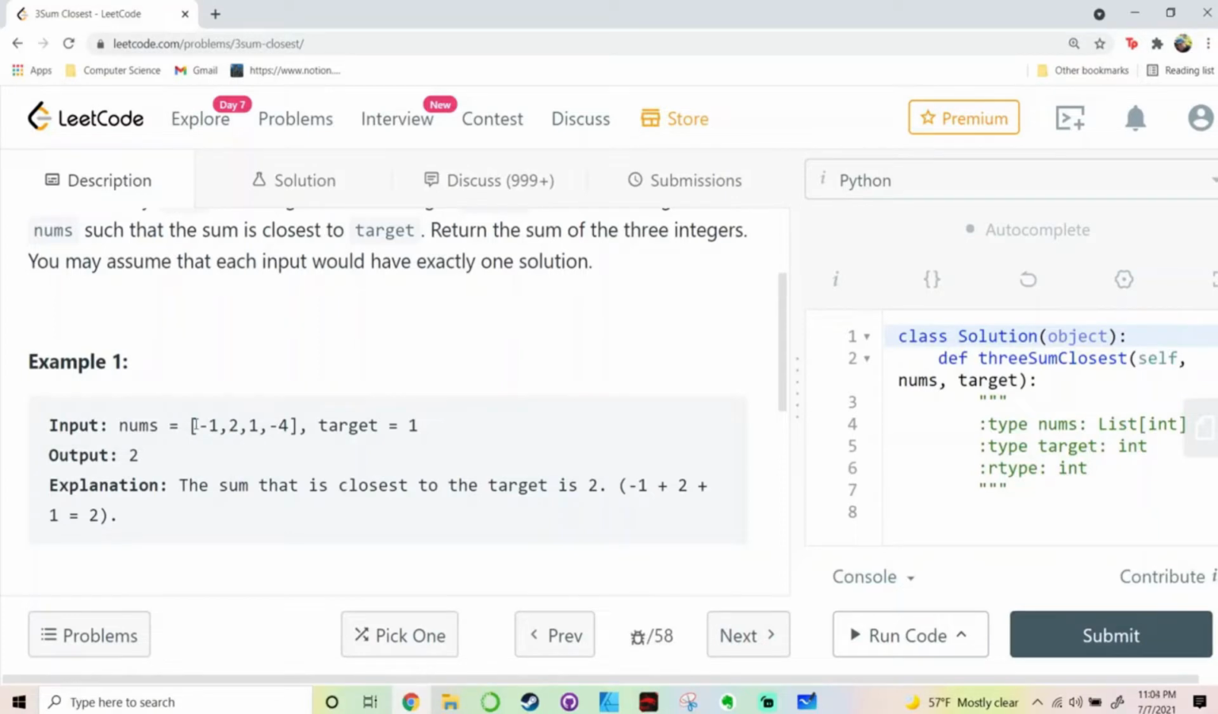And just by looking, we can see that if we add -1 plus 2 plus 1, we get 2. And this is the closest thing to 1. Because let's pretend we're going to add, for example, a different triplet, -4 and 1 and 2. It's not going to be close, right? It's going to be 2 numbers away. So that's the whole point: you look for a triplet, and that triplet's sum is the closest to